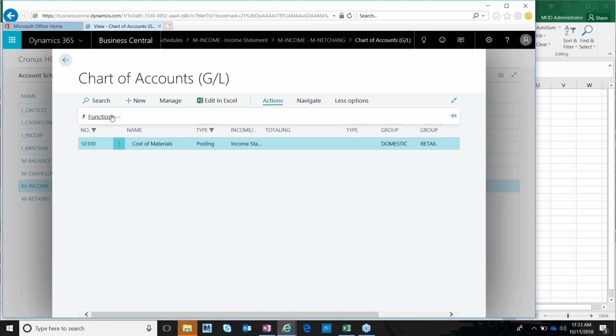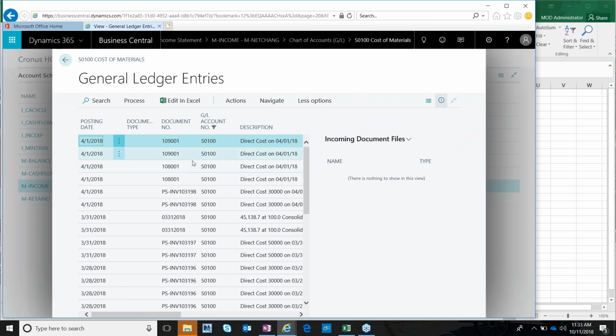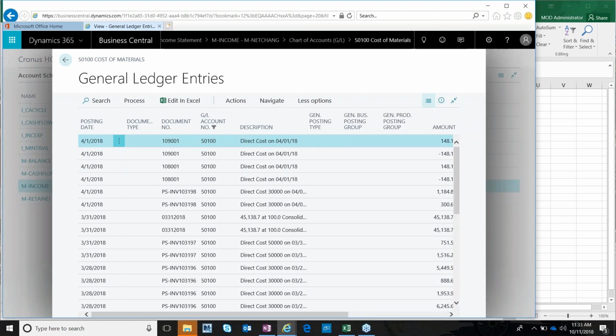And granted, you do have to do a couple clicks here and there, but it might save you some time in the long run from having to create and develop reports. So here we can drill down and we can see those ledger entries that actually made up this custom materials balance. And then again, if you wanted to export this all to Excel, we'll take a look at this